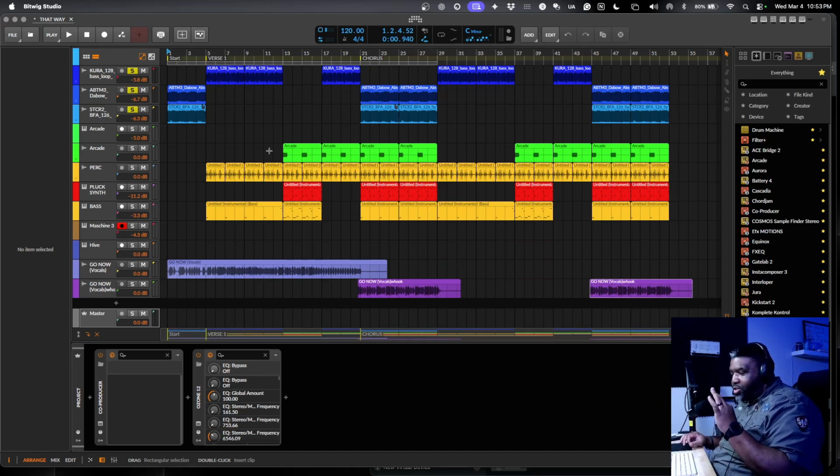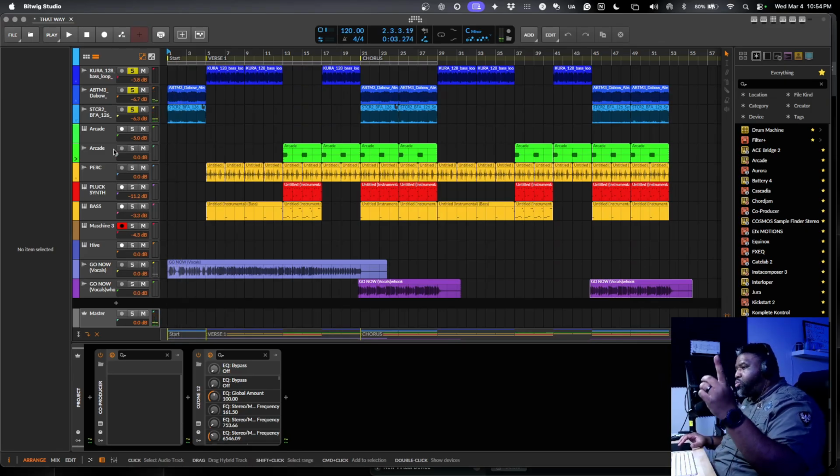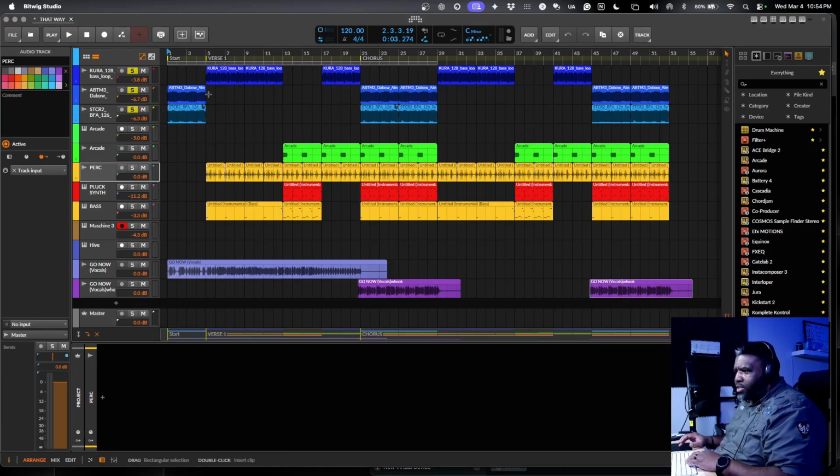All right, so for this example, this is a track that I started on. I had these 3 sounds. I had this one first here. I had that, and then I had this one. And I had this bass. So I went to Suno, I think it was, and I generated this percussion.